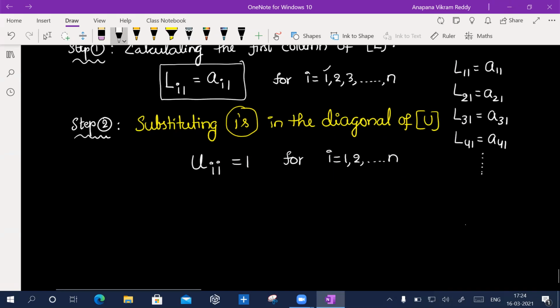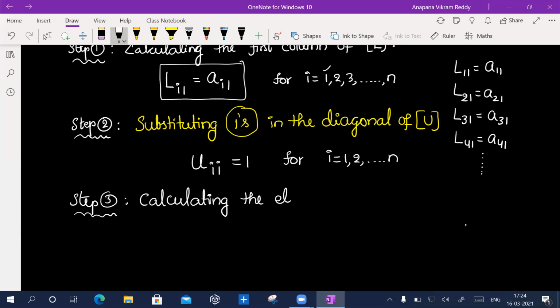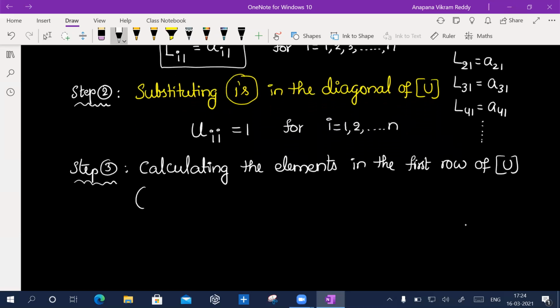I'll take step number 3. Step 3 is calculating the elements in the first row of U. Okay, so for the programming, what do we do?